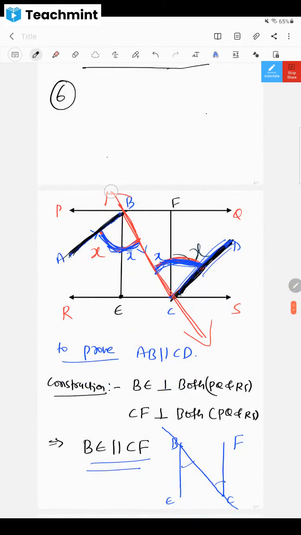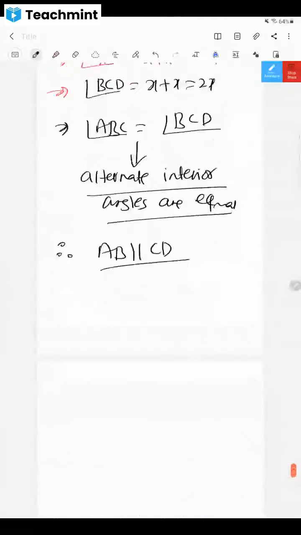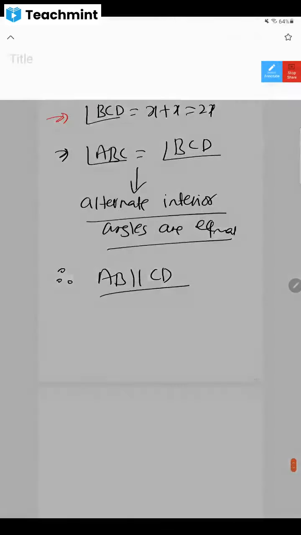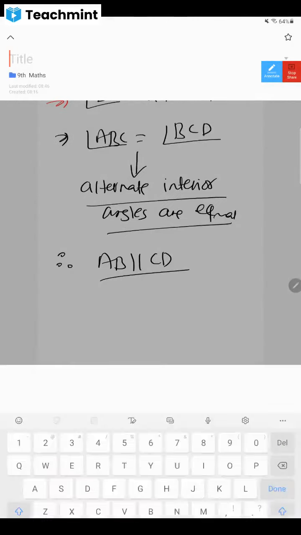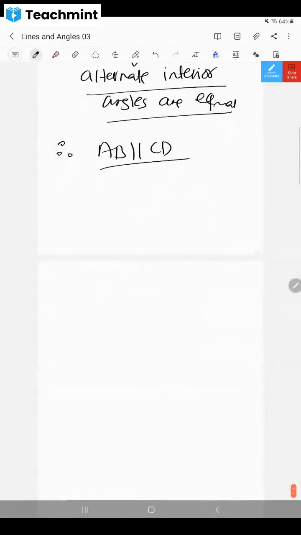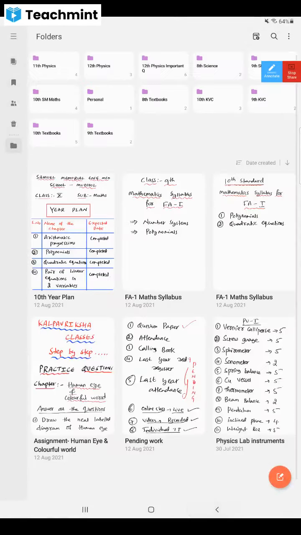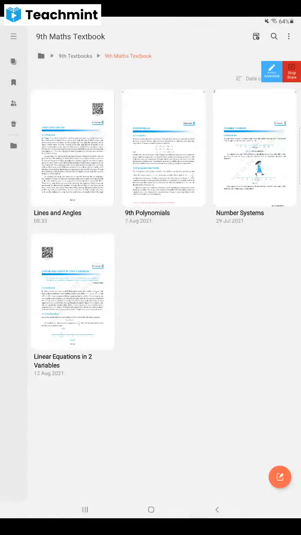Okay, fine then. Let's move forward. I think everybody made notes of this. So this is the lines and angles topic. Which lecture is it? Fourth lecture or third lecture? Third lecture, sir. Lines and angles, third lecture. This PDF also you will get. And now I think it's time to get back to our exercise.